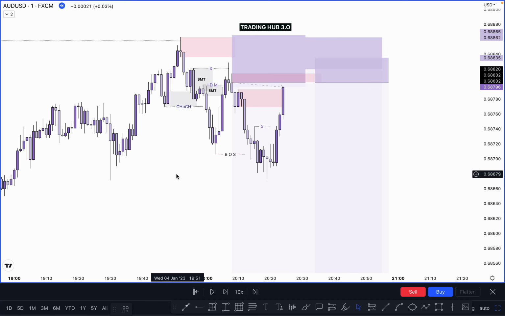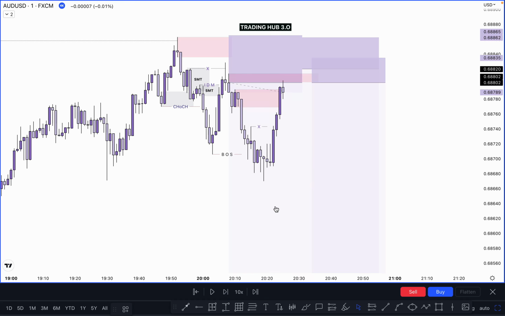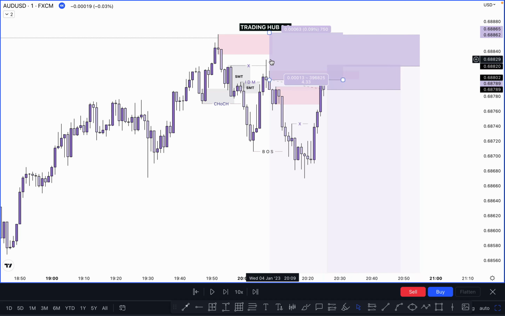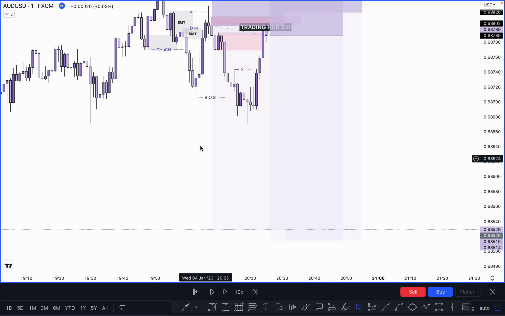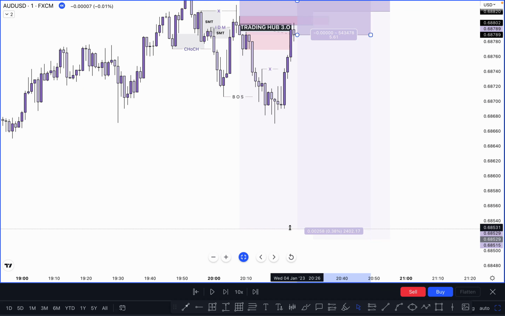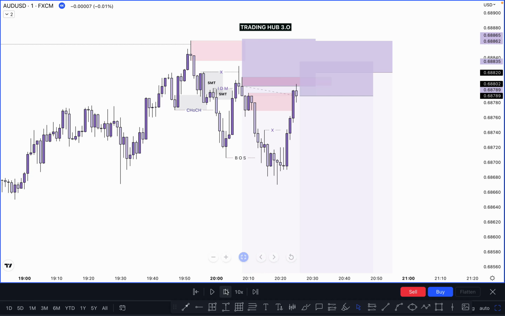And next possible entry, if you are afraid to sell here directly because market momentum looks very bullish, you can wait for a single candle order block before the entry. So let's see what happened next. Okay, so now you can see market starts giving a small reaction. You can sell here, but put the stop loss just above it, for the safer side, because above it there is no unmitigated, everything is mitigated here. All right, so let's see what happened next after this one.